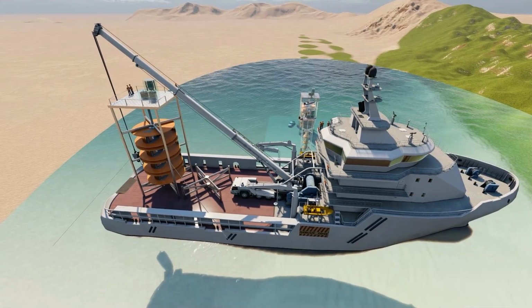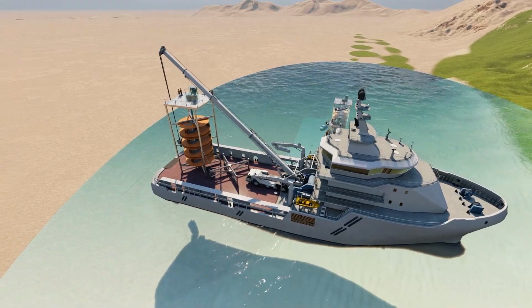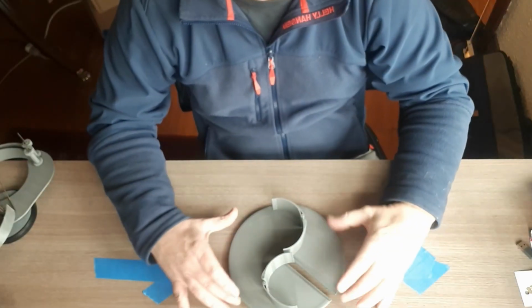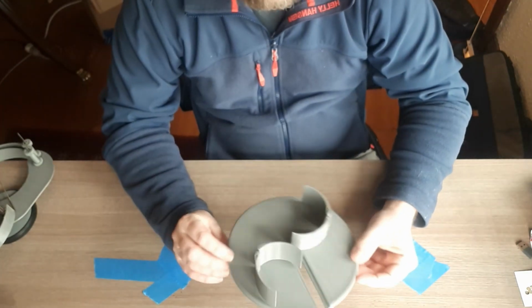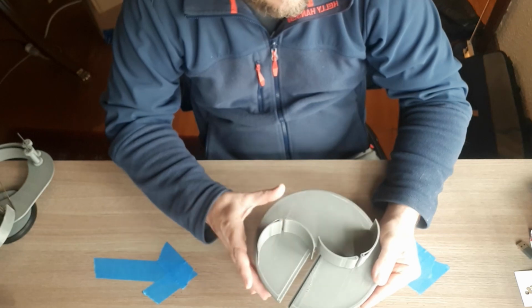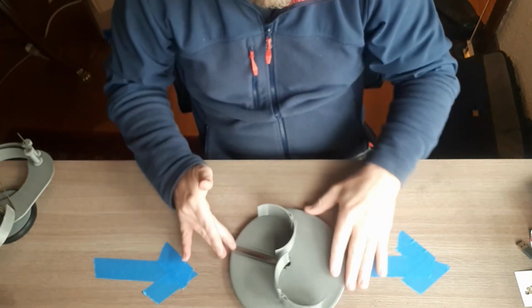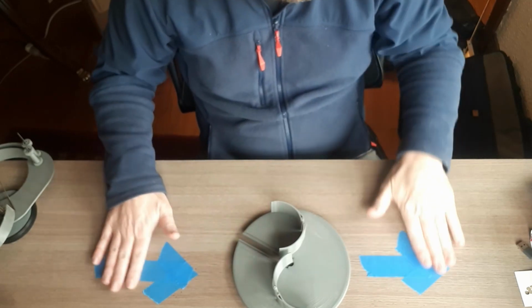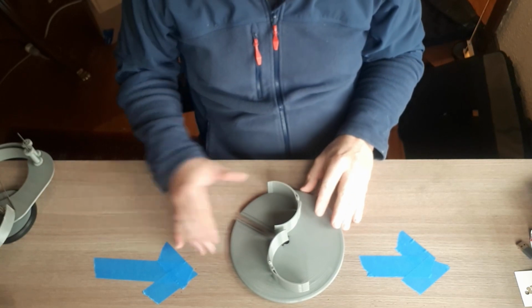So let me now explain to you the vertical axis turbine that I've redesigned. There's a guy called Savonius who came up with this concept of this shape that was what's known commonly now as a vertical axis turbine, and it works on the principle of these cups here. And you can see on my desk here I've just got a couple of crude arrows made out of tape, and the idea is that